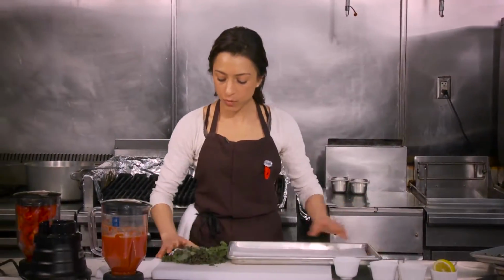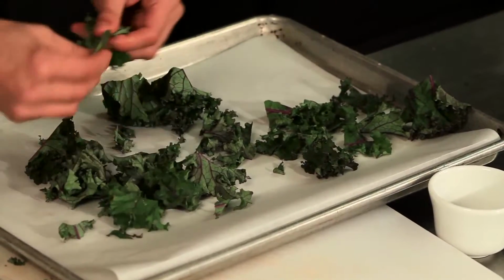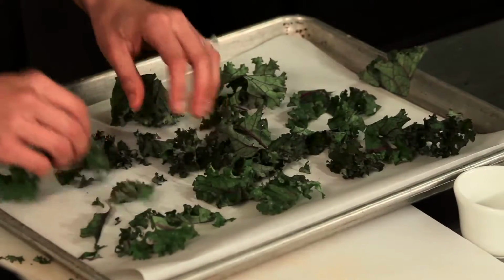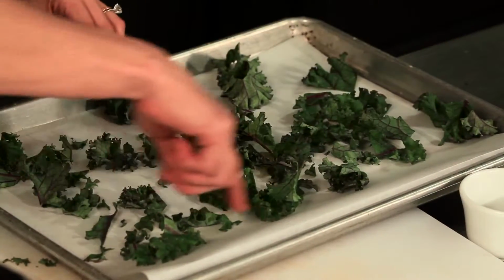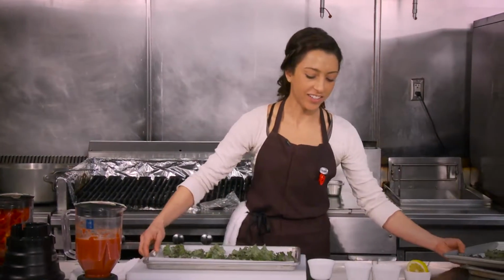So this is similar as well. I've just taken out those tough stems. I'm going to spread them with nothing on them, rip them down to be all about the same size, get them in a nice single layer. Anytime I roast a vegetable, I want it in a nice single layer so that everything actually roasts. In other words, air and heat goes all the way around it. It doesn't steam. This goes in the oven at about 275, 325, depending on how much time I've got, just until they are